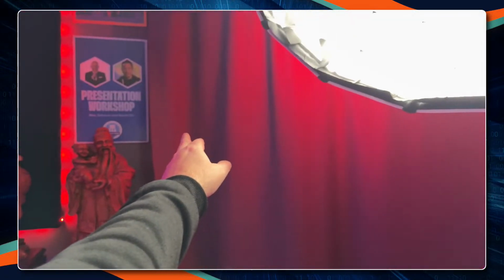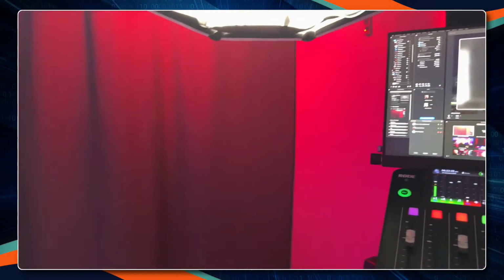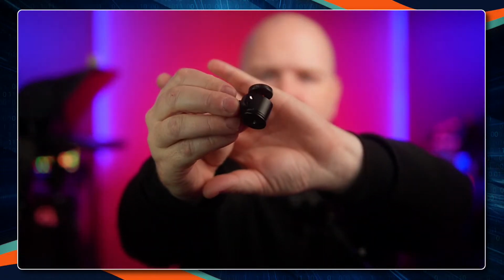But just behind that curtain is a whole series of shelves that has all my studio stuff in there as well. But I've got so many things made out of PVC pipe, exactly as Rich says. So if you've got something like one of these, where's it gone? One of these ball heads. I had one just a minute ago. If you've got something like that, one of these ball heads, which cost literally a couple of dollars or something like that,